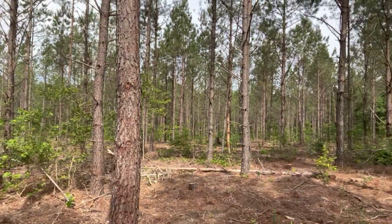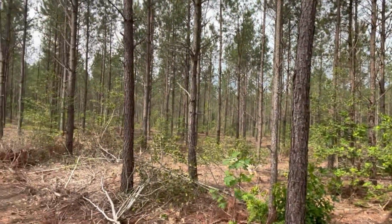We took probably a third of the trees out of here, so we're left with 2/3 of the original stand. We're sitting at approximately 180 trees per acre is probably what we're looking at. And as you can see, it looks really nice. It looks really good. Nice and open,